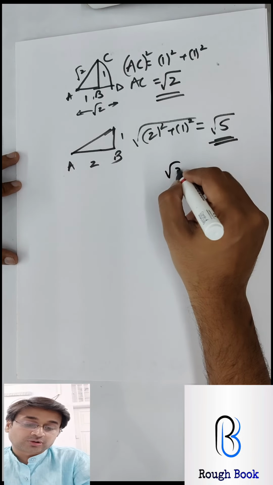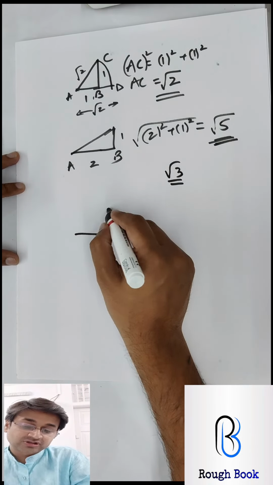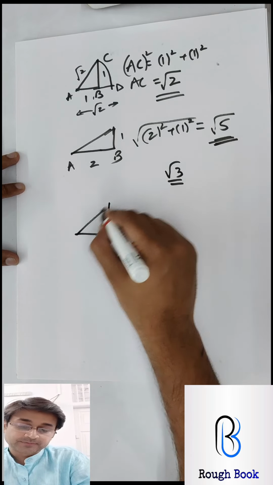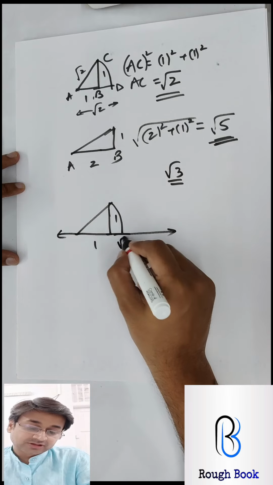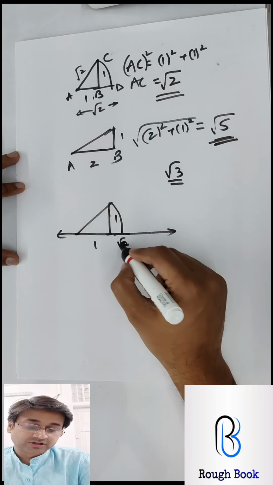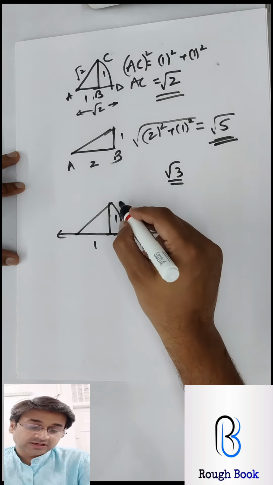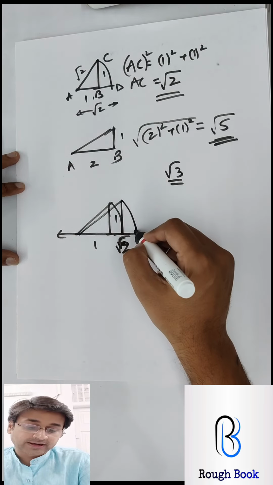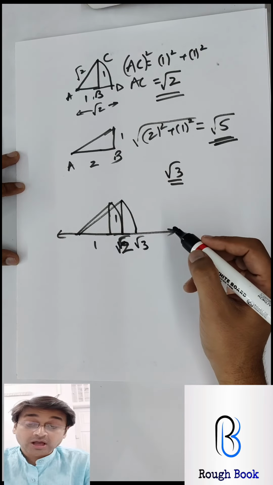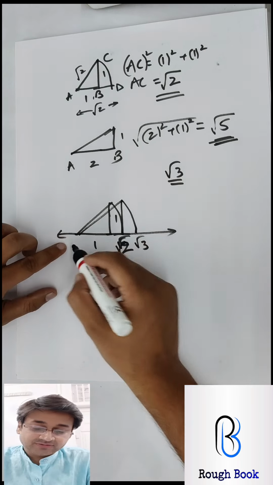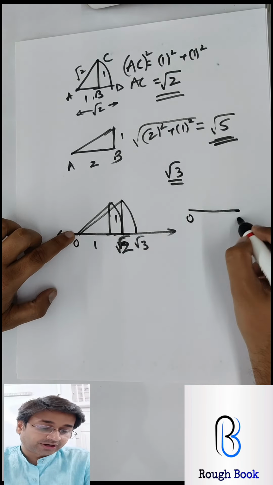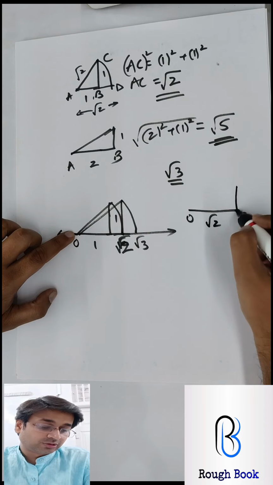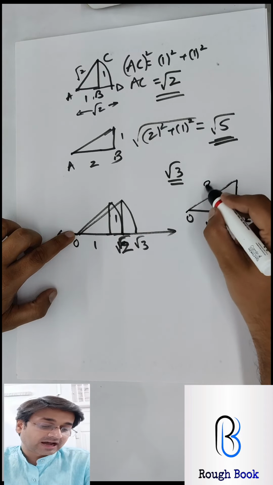Let's say if you want to draw root 3, then you will first draw 1 with 1 and drop it down. Let's say this is your number line. So this becomes root 2, which we understood here. Now to get root 3, again take 1, draw and drop. This becomes root 3. How? This line from O to this point is root 2. This is 1. So how much is the hypotenuse?